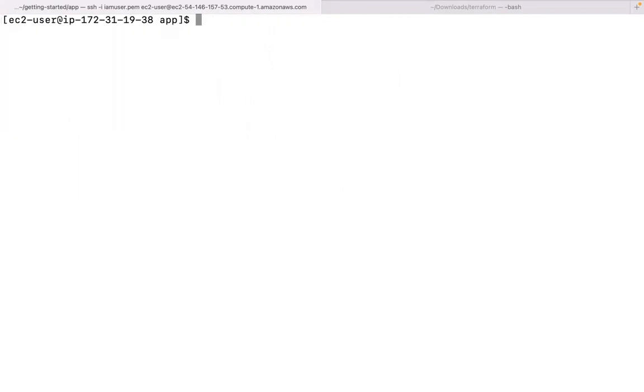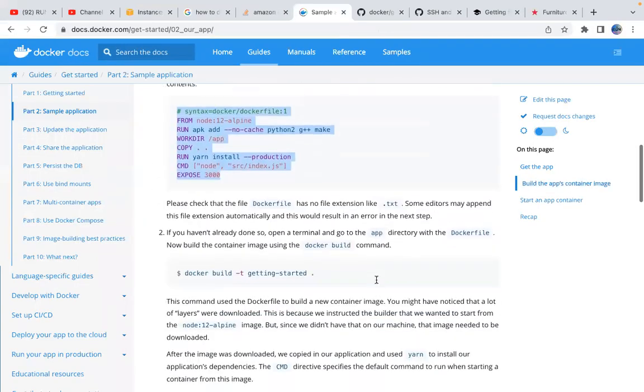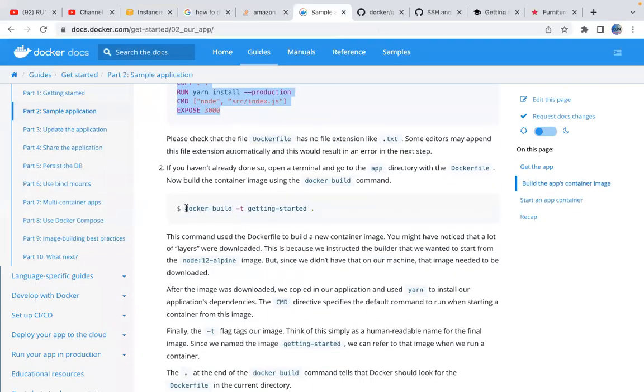Now we need to build an image first. Let's go ahead and build an image, then we need to run the container.